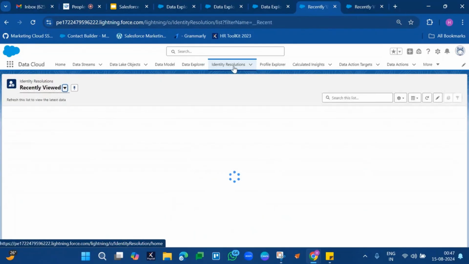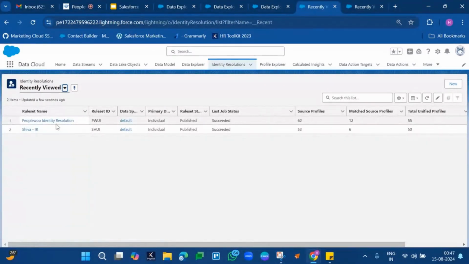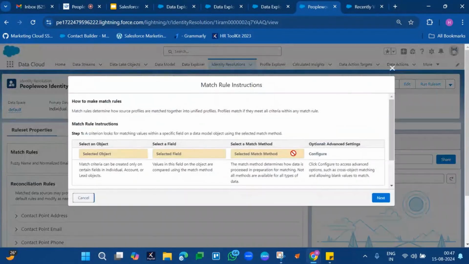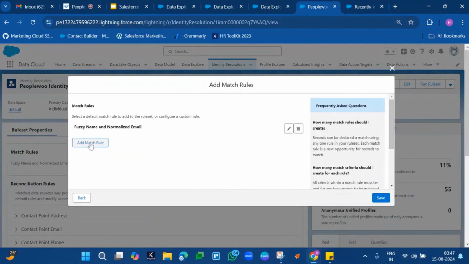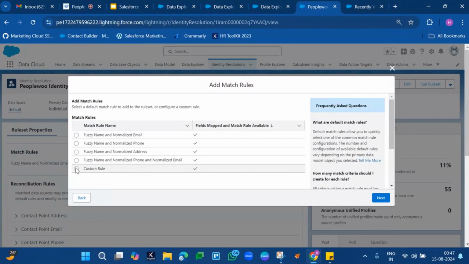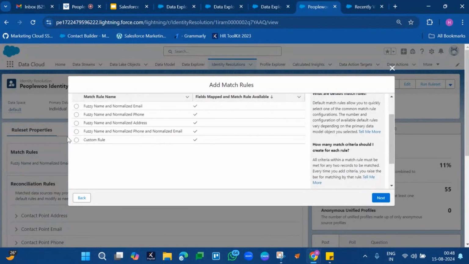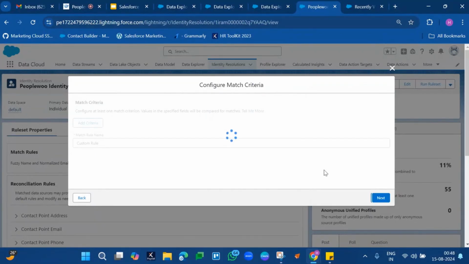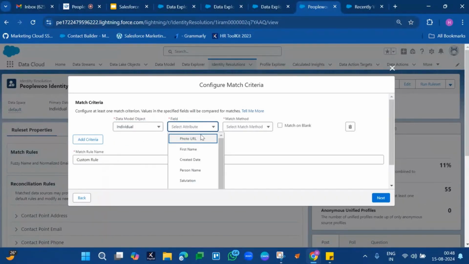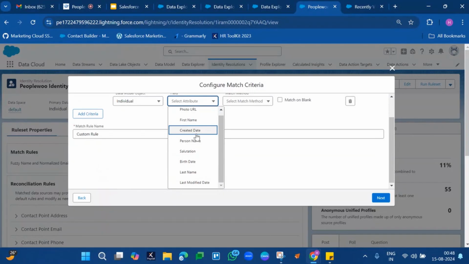We kept first name, last name, and email address, but you can have any other custom rule. Because everywhere it contains first name, last name, and normalized email, phone number as a default rule. You can have a custom rule here. On individual, the custom rule can be defined